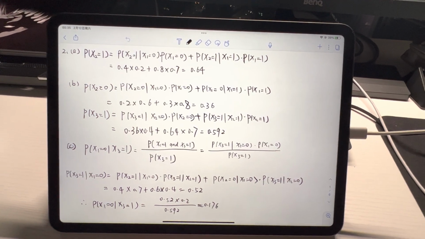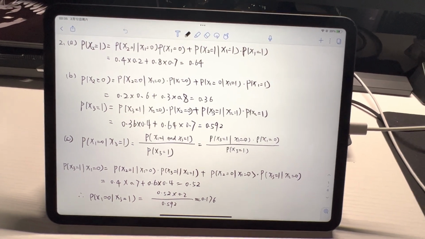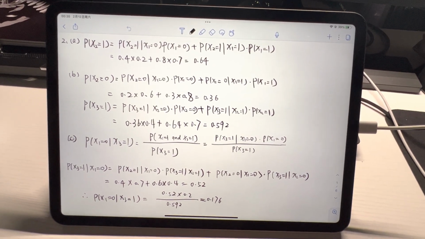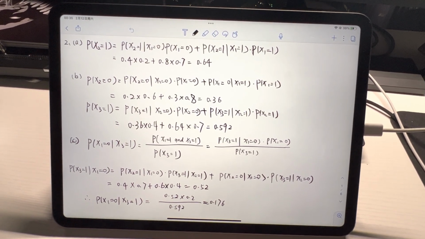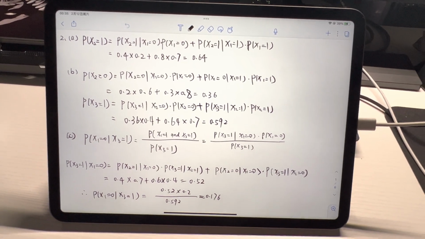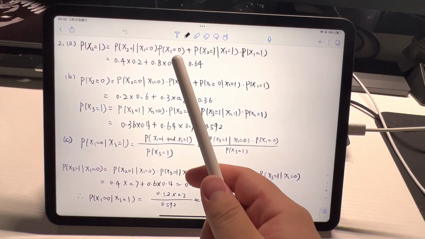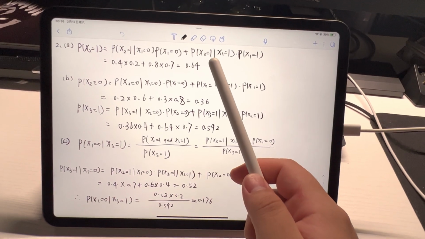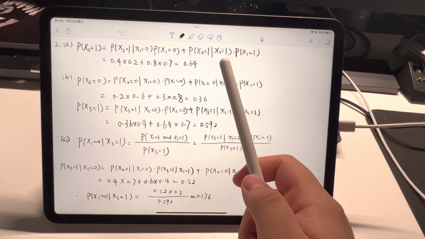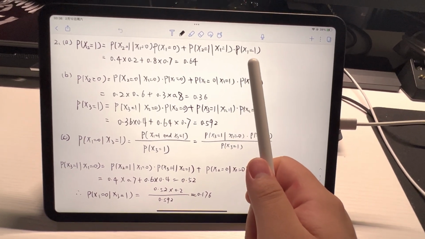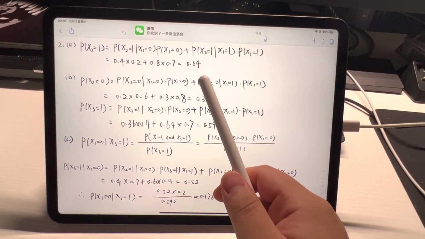So the probability of X2 = 1 equals the conditional probability of X2 = 1 given X1 = 0, multiplied by the probability of X1 = 0, plus the conditional probability of X2 = 1 given X1 = 1, multiplied by the probability of X1 = 1. Then we solve it. The answer is